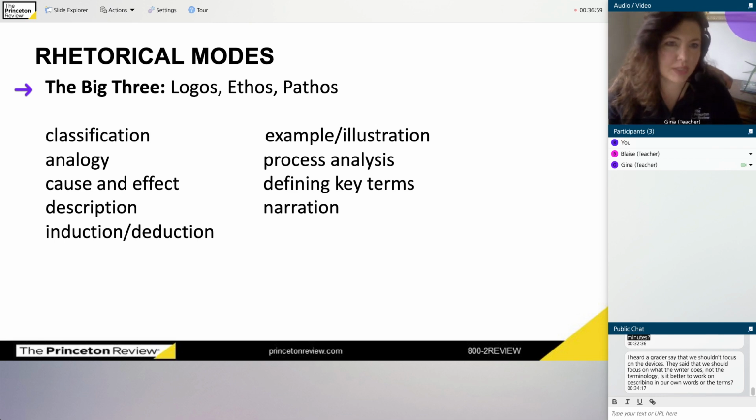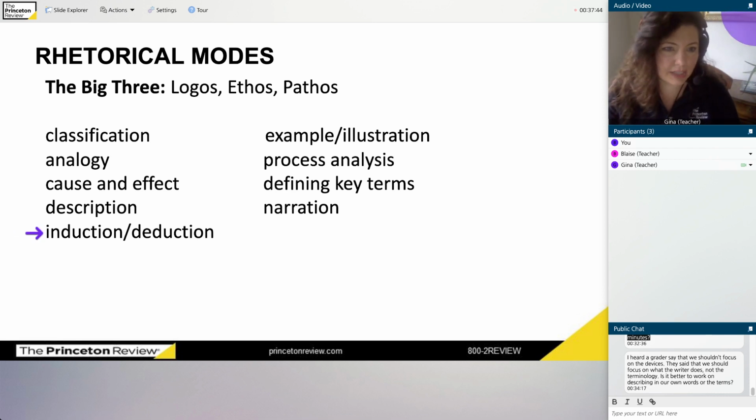But you also have more specific modes, and those are the ones that are listed on the rest of the slide. So, for instance, you might notice that a writer or a reader is classifying things in a really orderly way. And by the way, that would probably indicate logos, right? That sounds like logos to me. You could have analogies, which are really just comparisons, like apples are just like oranges. Okay. Cause and effect. One thing led to another. That's a way of proving something to the reader or the listener. Sometimes you could just have descriptions of things. If you describe something enough, then it may lead the reader to a certain conclusion.